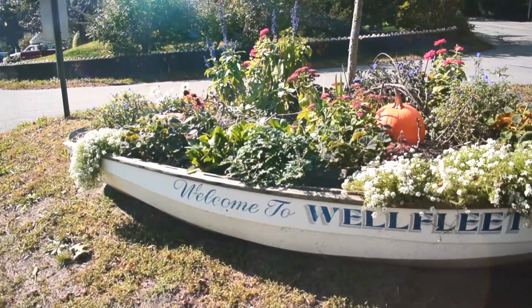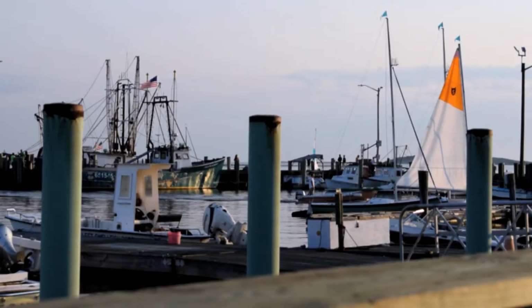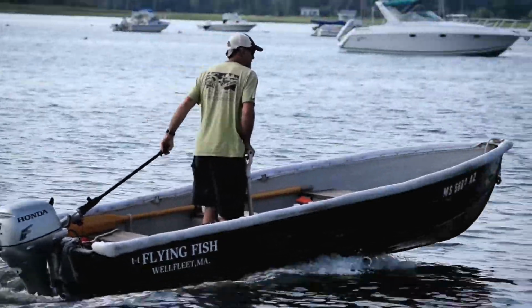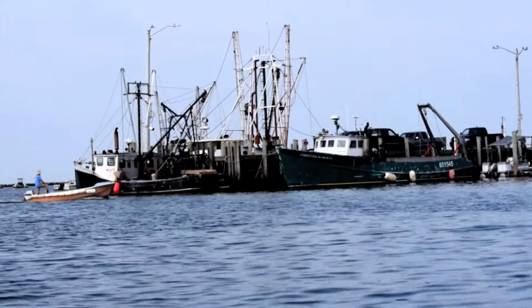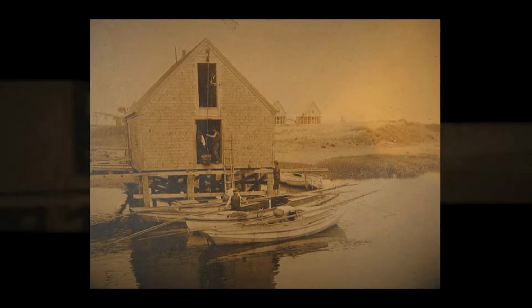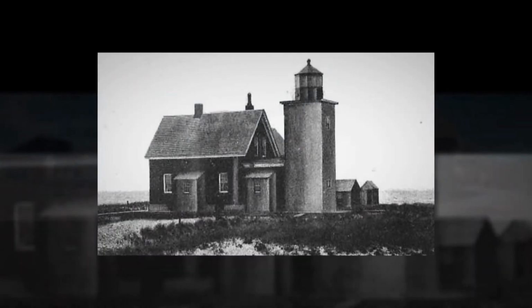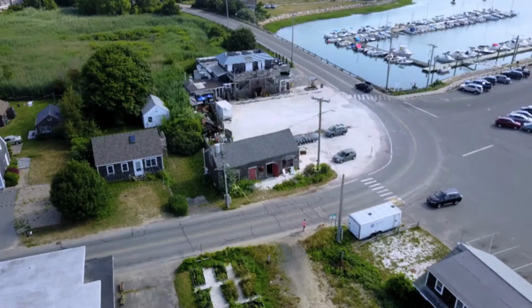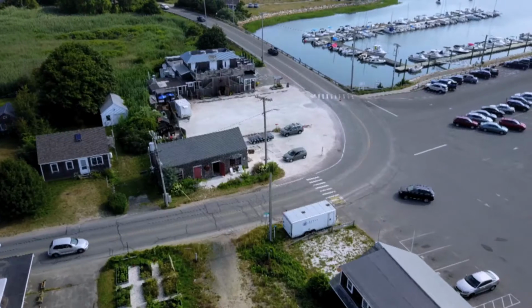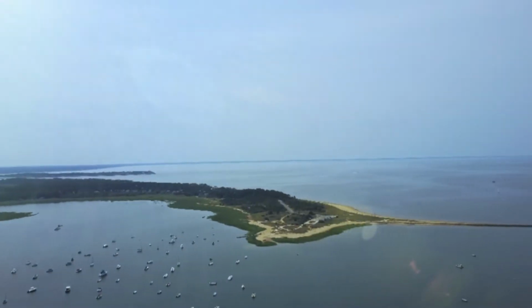The Frying Pan Gallery is located in the town of Wellfleet, right on the harbor, and the area is super rich with history of oystering and just commercial fishing in general that goes way back to the Pilgrims even. So the corner we're located on at the end of Commercial Street and the beginning of Kendrick Ave, right across the street from the pier, has become, over the past 10 years, a kind of revitalized and new hotspot for